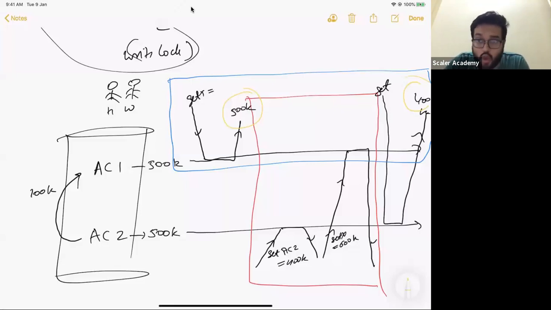Let me tell you why this is not at all possible for a financial institution. Because this could have been swapped as well. You could have seen 500,000 plus 600,000, which would have made the husband feel that he has 1,100,000 in their collective bank accounts, and he could have made a purchase at that very instant, utilizing that 1,100,000 while only having 1,000,000 in the bank account. Does that make sense to everybody? So in a banking transaction, read committed will also not be sufficient.